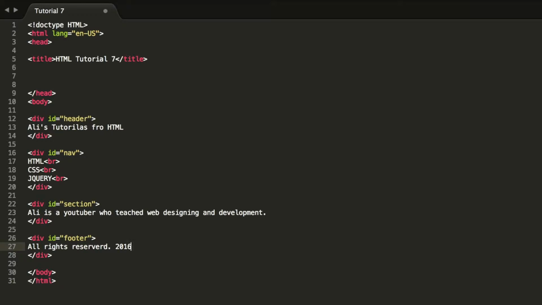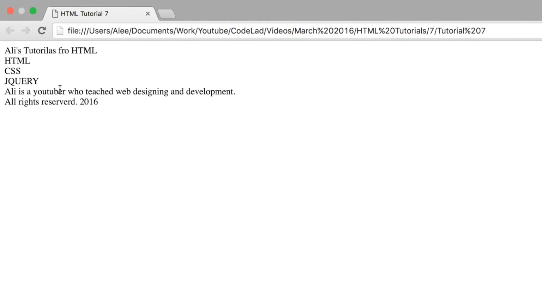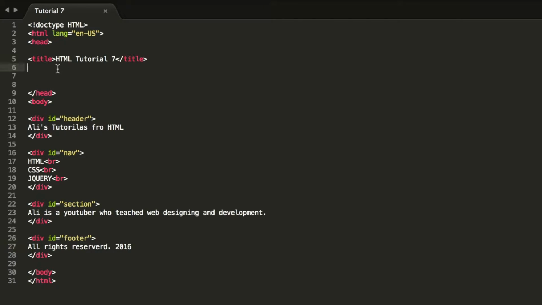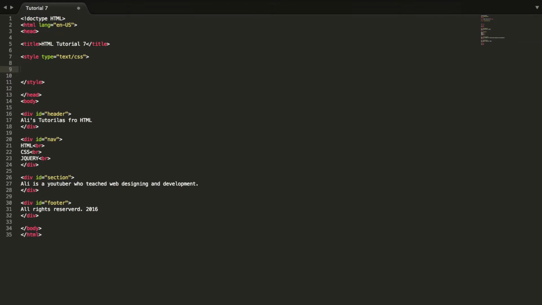Also 2016. Yeah, I'm gonna save it, go over here, refresh it, and I'm gonna show you this is it for now without any styling. This is it which I wrote. Now I'm gonna add some styling to it. I'm gonna, sorry, go over here, define a style tag, and in here first of all I'm gonna define a header. So I'm gonna write hashtag header,